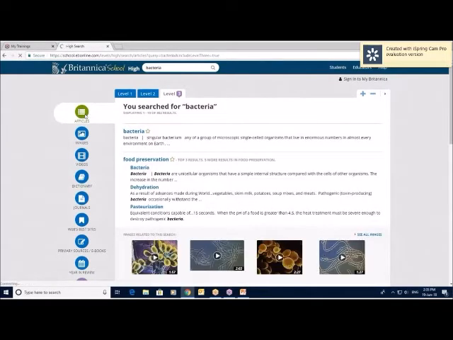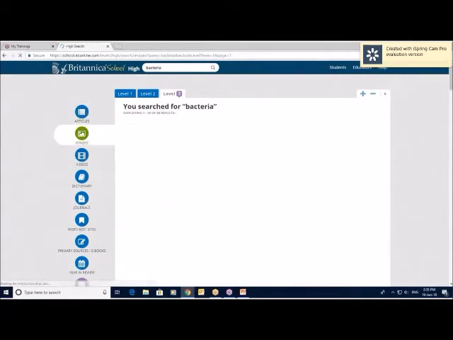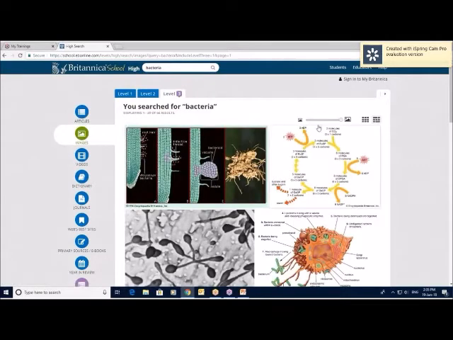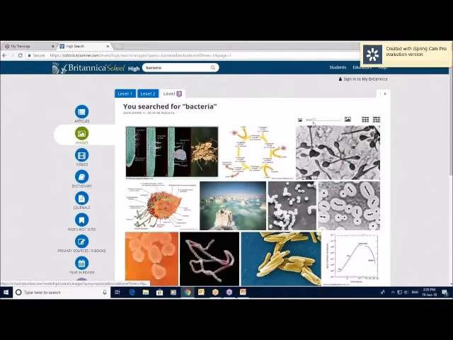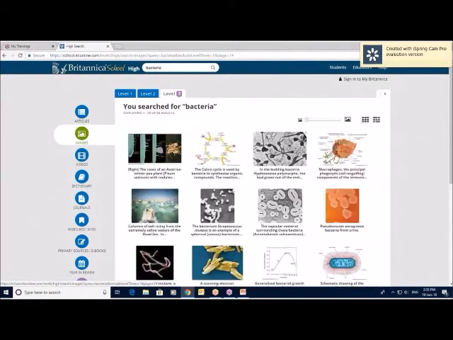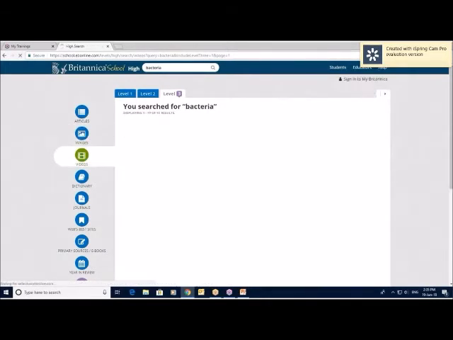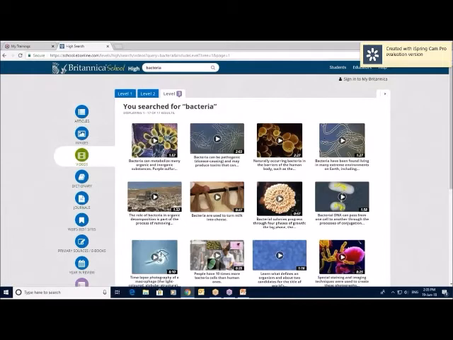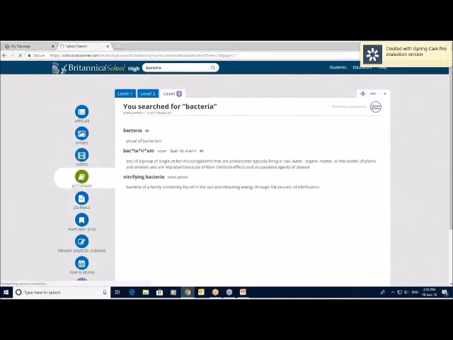Then to the left hand side we have our different content types. So we're in the articles browse now. I could have a look at the relevant images for our search, changing their shape and appearance to suit my needs, the relevant videos, the dictionary definition,